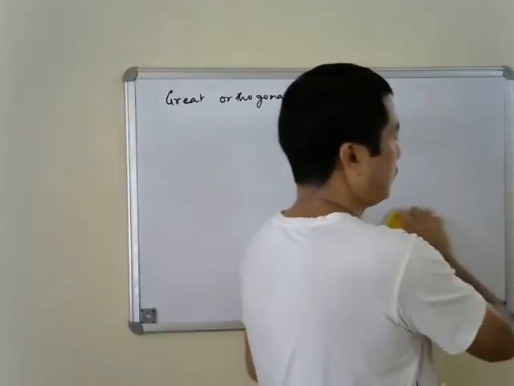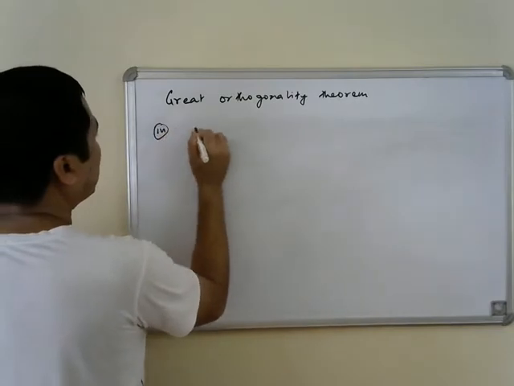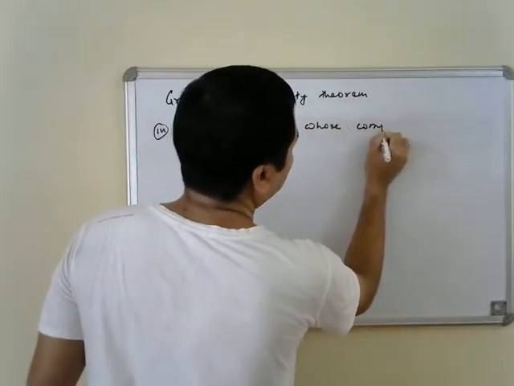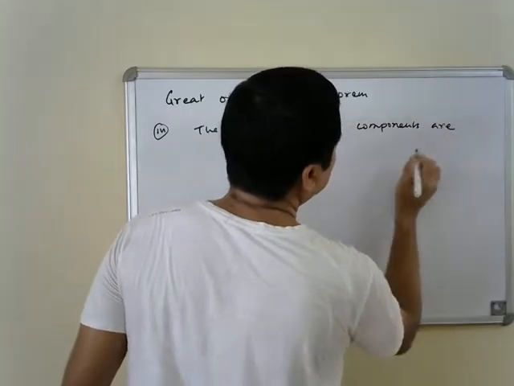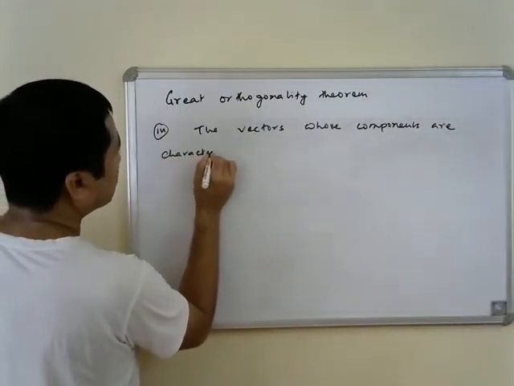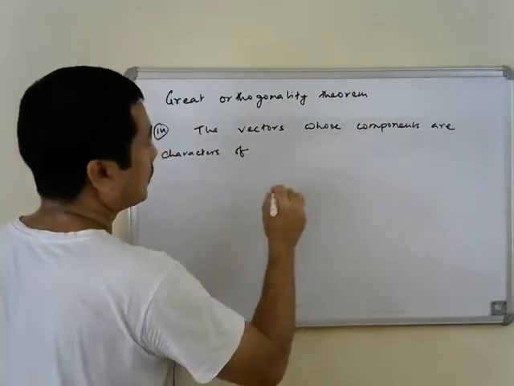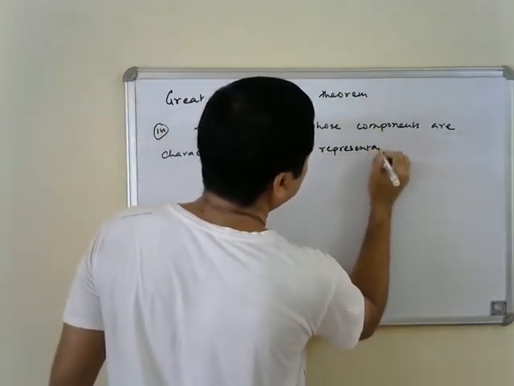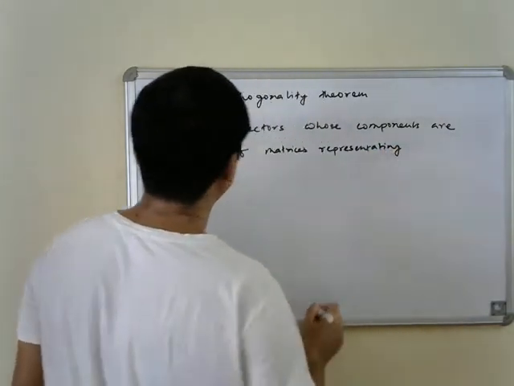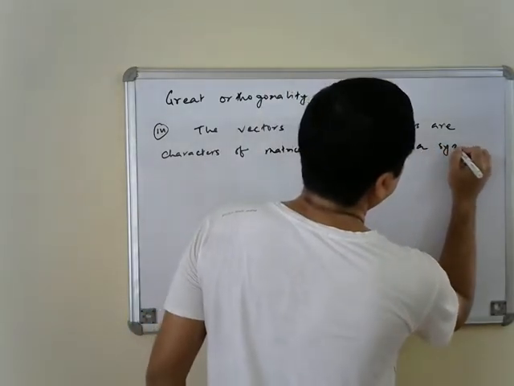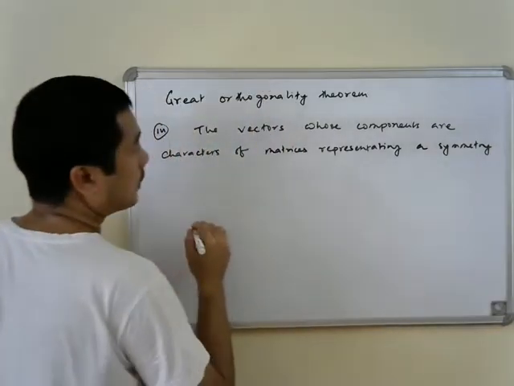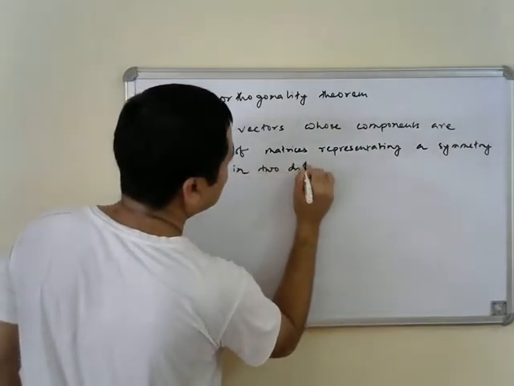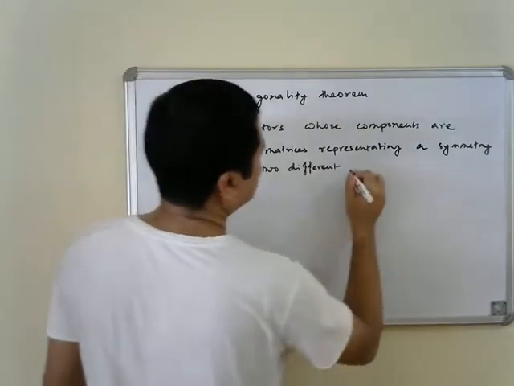So the third rule tells us that the vectors whose components are characters of matrices representing a symmetry operation in two different irreducible representations